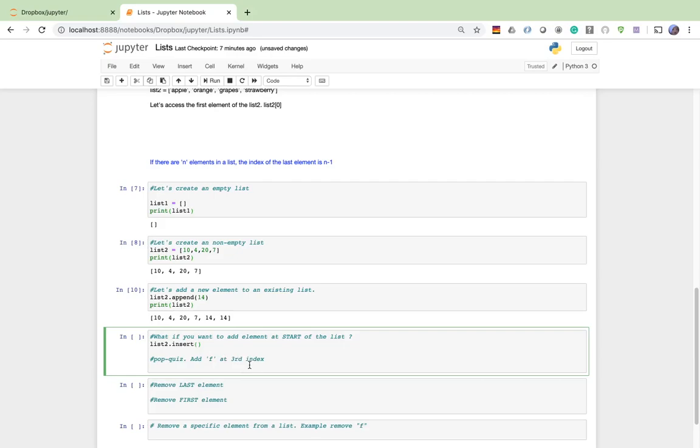You would put the index you want it to be at. So I want to insert, let's say I want to insert,